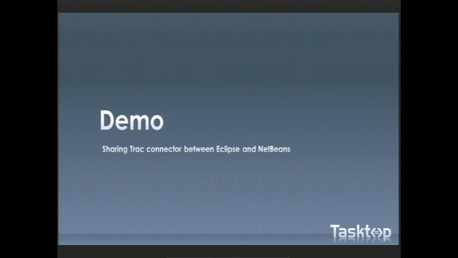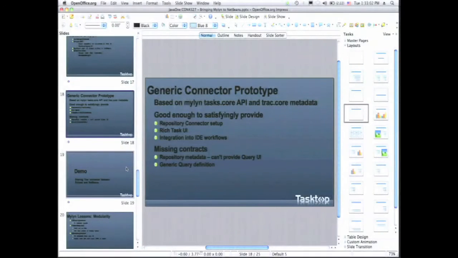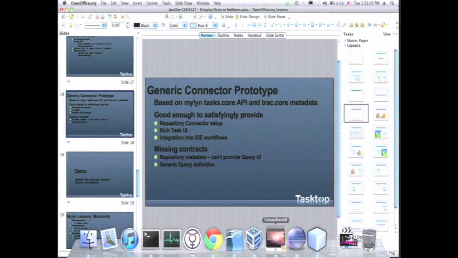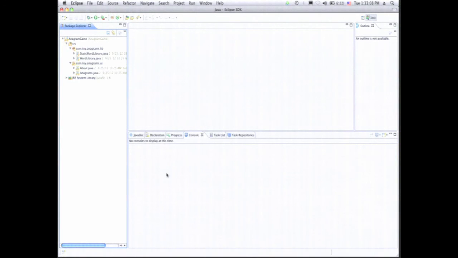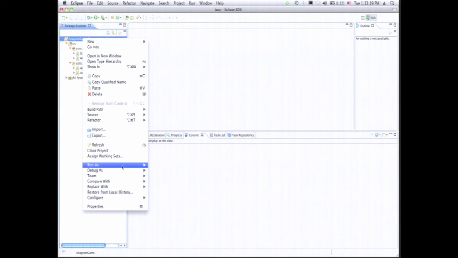Now I would like to switch. Still, I would like to show you what we got, what's already working as well as what's not working. So yeah, I would start with Eclipse. I have here a project, and what I do is that I just simply try to run it,